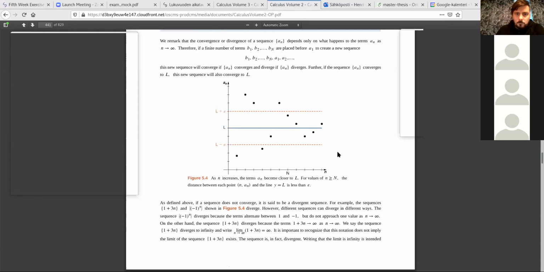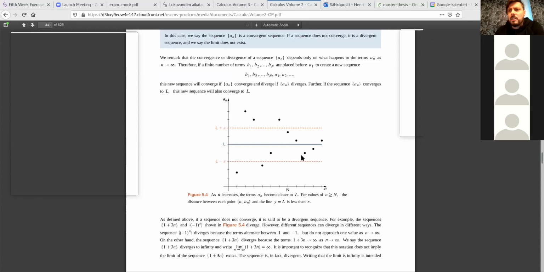So if we can't find such a limit, if there is no such L such that the sequence approaches it like this, then we say that the sequence diverges. So in this case, it converges, but if it does not converge, it is divergent. And divergence here has nothing to do with that